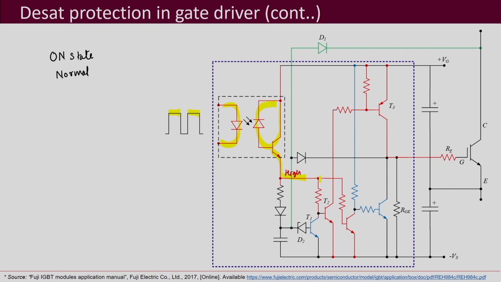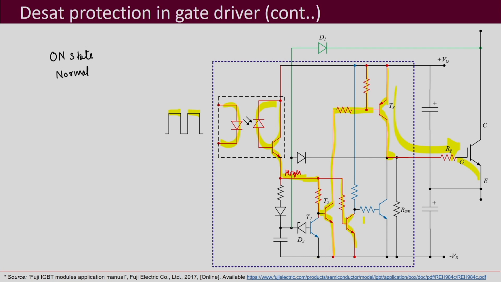So, what will happen if this is high? This is high, so this is NPN, this turns on, T2 turns on. This is shorted, means this is going to be pulled down. So, this is again going to be pulled down here because of this T2, and if it is pulled down, this is PNP. So, this is also going to turn on, and so this is going to conduct. So, we see here this conducts, and so this provides the gate current to turn on this gate emitter region. Further what we see, this is high, so this is high NPN, so this turns on, so